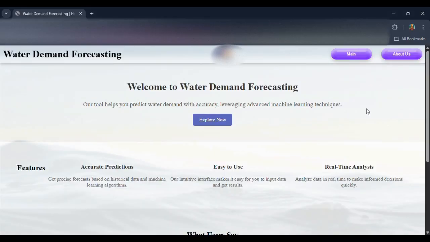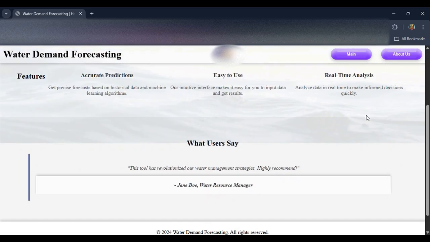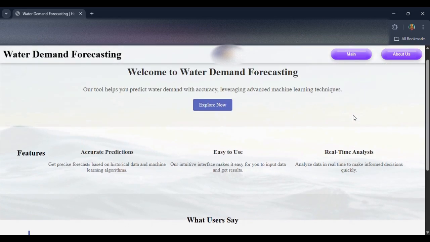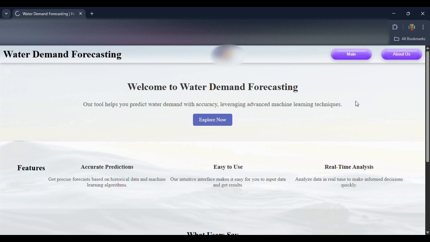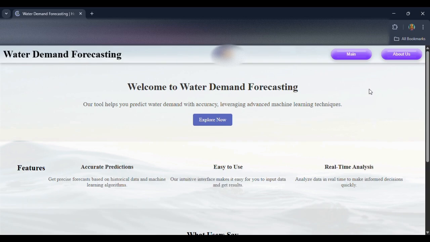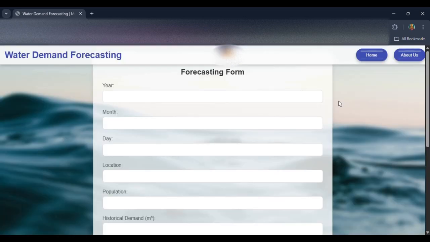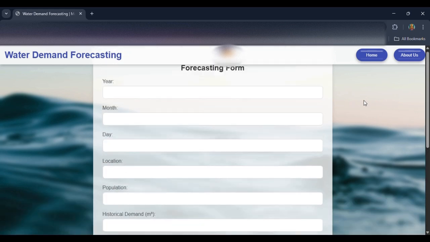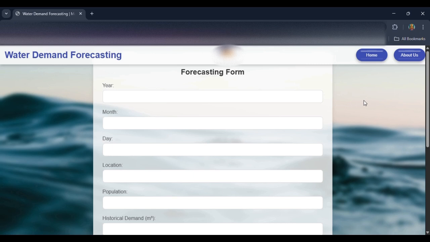Now let's get into the main topic. This is a water demand forecasting AI, which forecasts the required water for a specific area. This is the main page, and this is the waters page. On the main page the AI will ask you some questions. Then when you insert all of them and submit, it will predict the water amount required